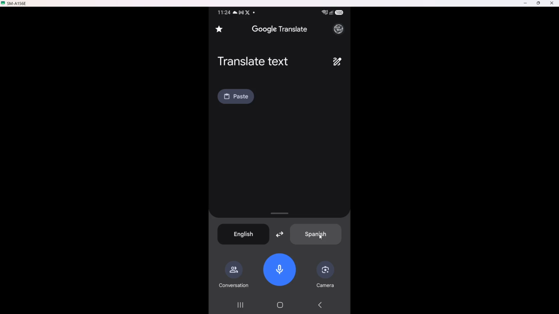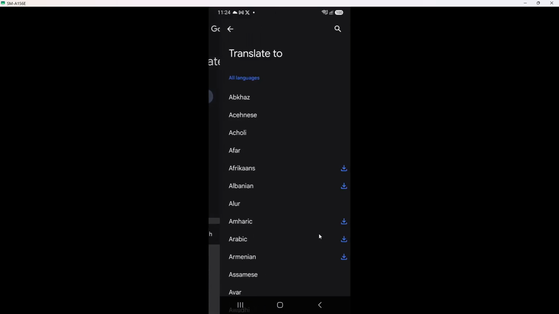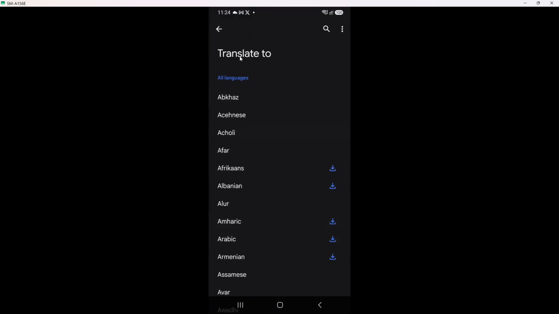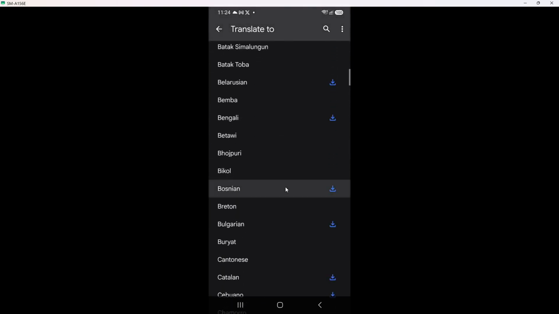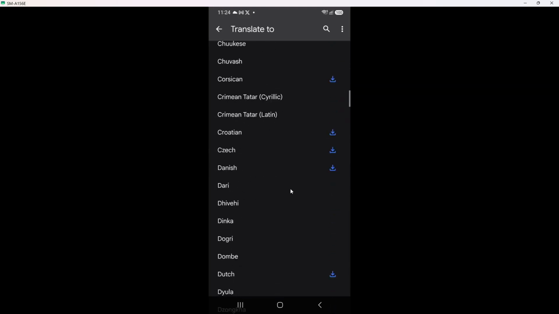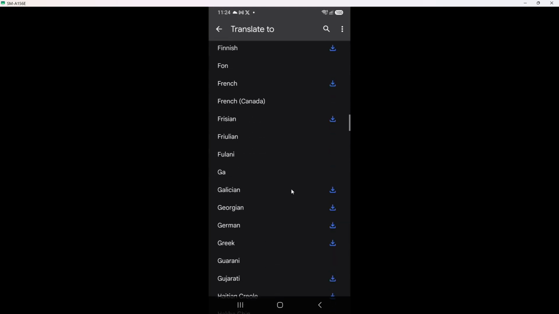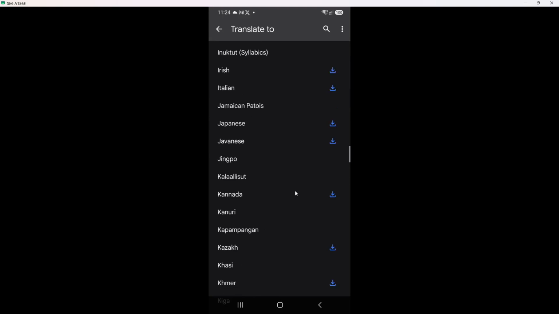Now, tap the language name at the top that shows on the left or on the right. This is the row that usually shows something like English to another language. When you tap the language name, a full list of available languages will slide up, usually taking the whole screen. You will see a search bar at the top and a long scrollable list of languages beneath it, many with small icons beside them. From there, search for Vietnamese.